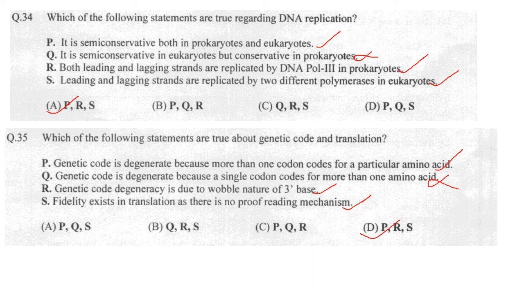So here also Q is wrong. So if you know that Q is wrong, you can just eliminate A, B and C and you can write D as the answer, even if you have some doubts regarding R and S. Okay, so you have to be careful while reading the options as well as the question. But just don't mark anything like a fluke. You call it fluke luck. You think that yeah, D is correct out of 4. Yeah, D is correct, it will be correct, and you will mark it as D. And later you will come to know that it is wrong. So please don't do that.